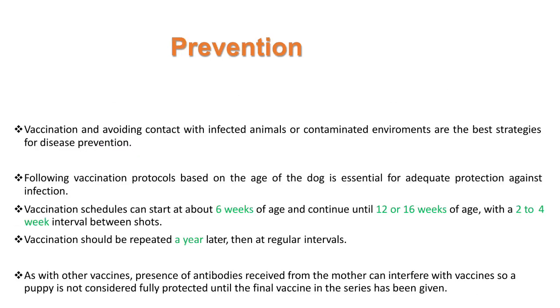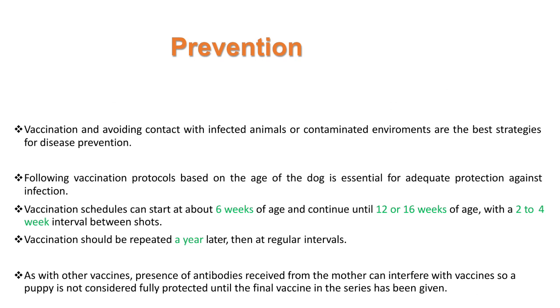If we talk about prevention, there is only one way to prevent the disease, that is avoiding the contact of your animal with other infected animals, and before that you should have your animal vaccinated against the disease at the proper time. You can see here the vaccination schedule starts from the neonatal age, at the age of 6 weeks, and goes up to the age of 16 weeks. Every 2 to 4 weeks, at the age of 4 to 6 weeks, then 8 to 9 weeks, 10 to 12 weeks, and then at the age of 15 to 16 weeks,